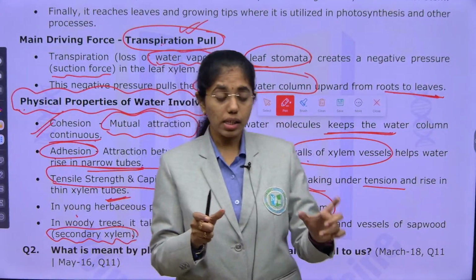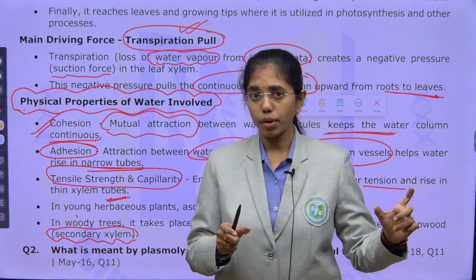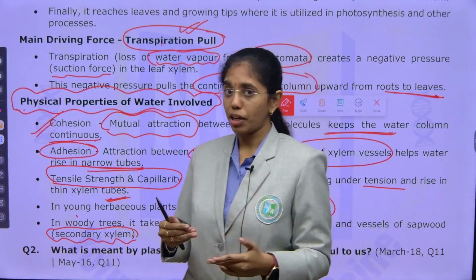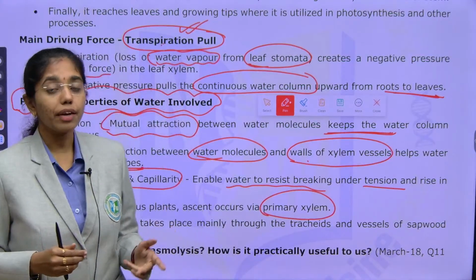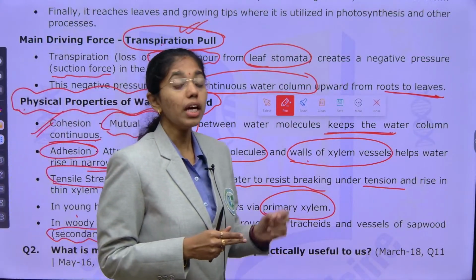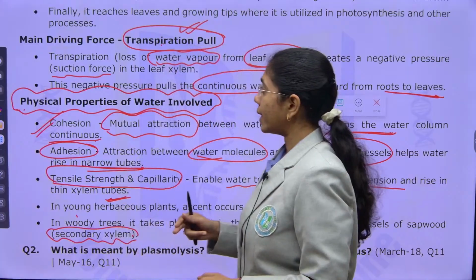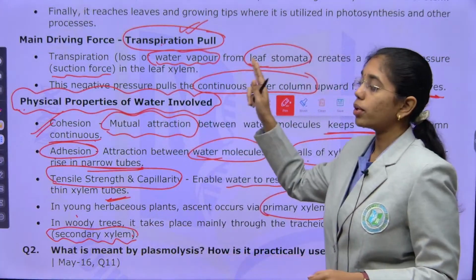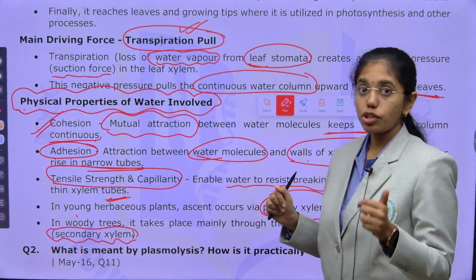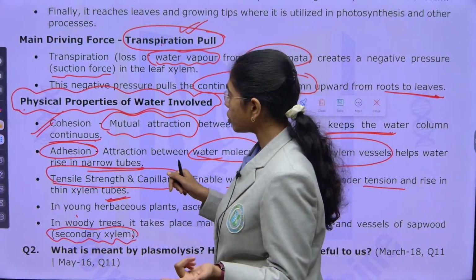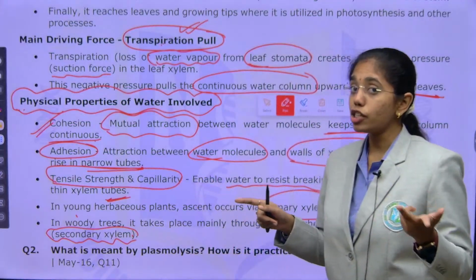cortex, xylem vessels until the tip of the plant, and then you will clearly mention what is the driving force of the ascent of sap. The driving force of ascent of sap will be transpiration pull, and then you will mention about the physical properties of water, highlight cohesion and adhesion of water molecules, and then mention about tensile strength and